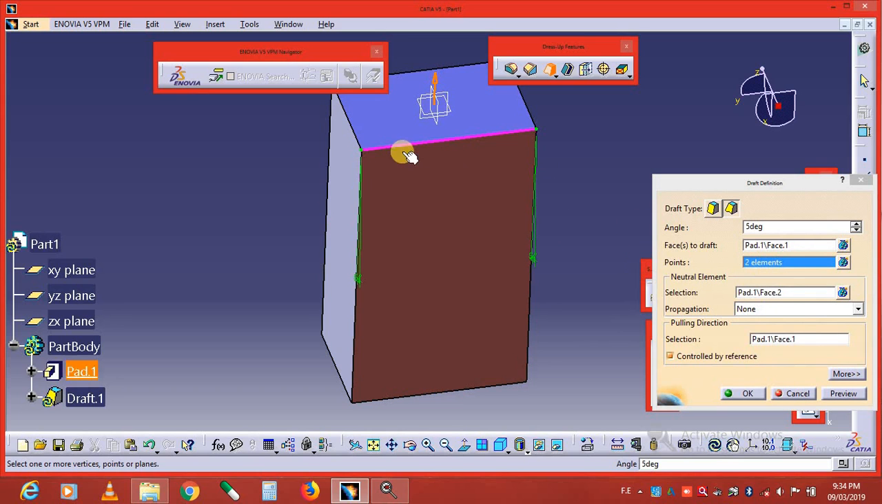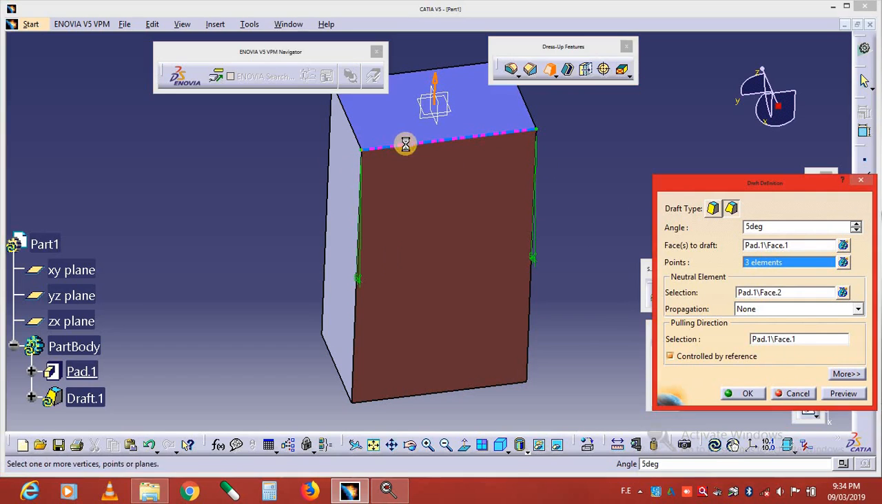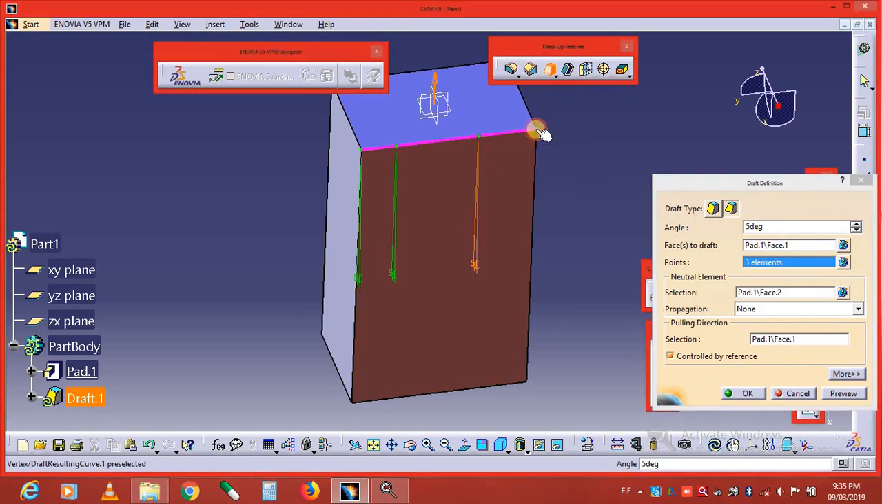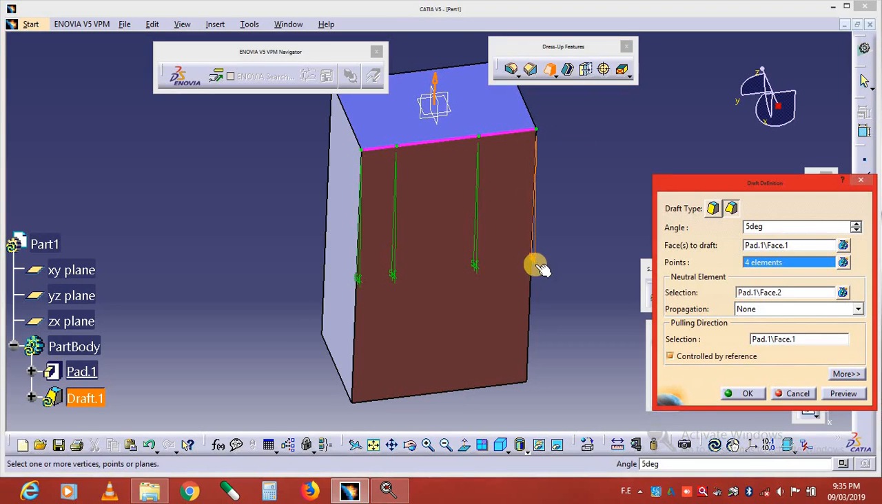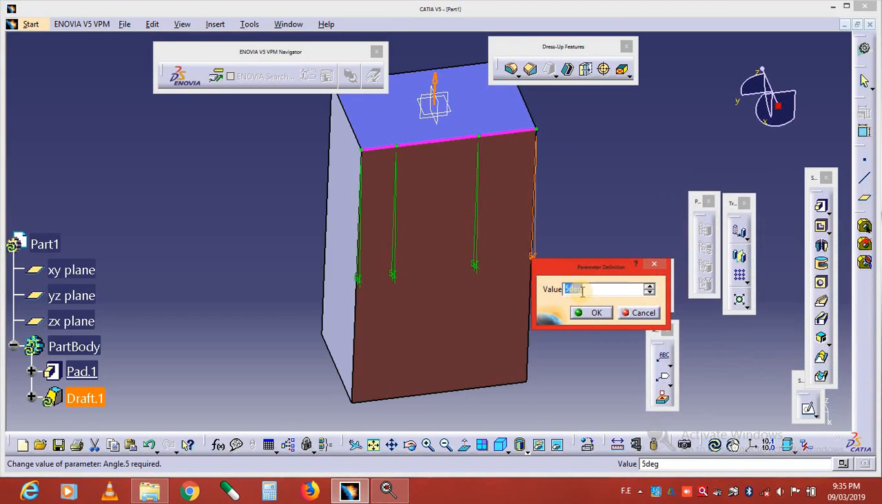So let's select the point over this. So we select this in twice, so delete this point. So we simply double click on this, and we